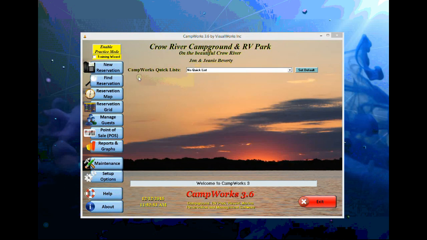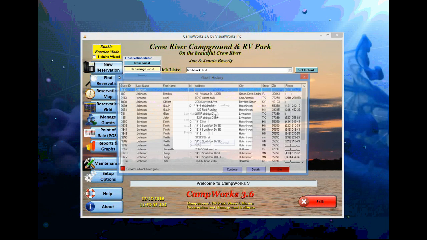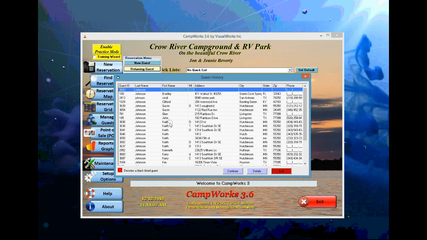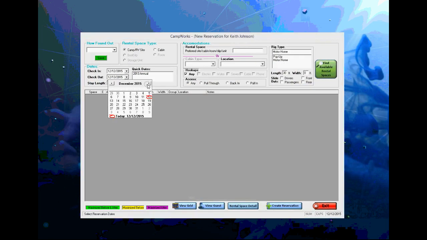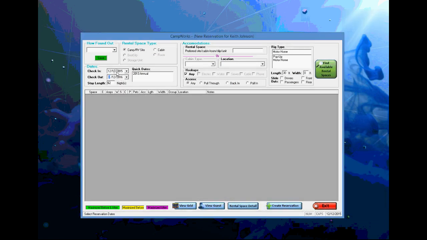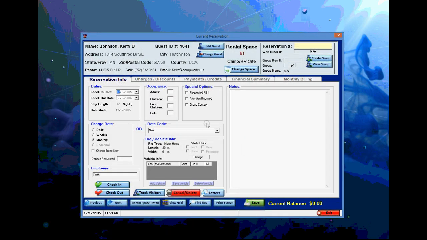To create a monthly reservation, go to New Reservation, select whether it's a new or returning guest. I'll assume returning guest again this time. I'm going to use my own profile as I typically have been doing. And I'll select this one, continue, select motorhome, and I'm going to make this reservation for 2 months. So checking in today and out on February 12th. Let's find available sites. We'll pick site 61, create the reservation,